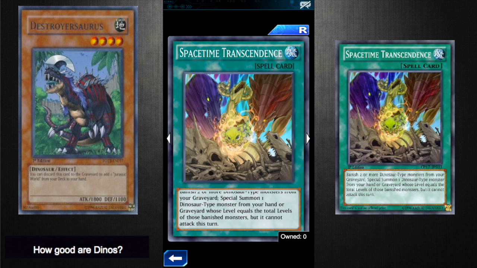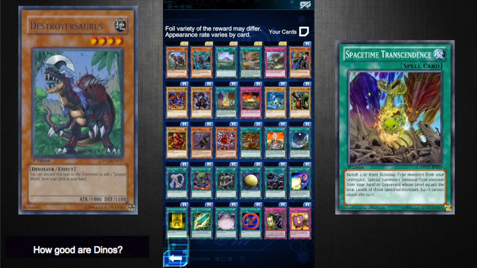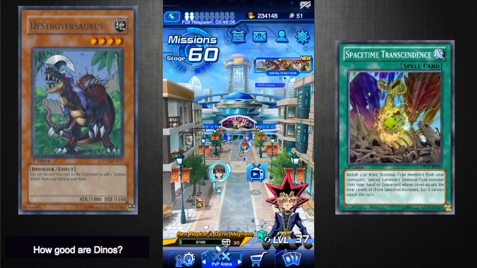The negatives with this card are that you can't special summon from the deck, which I think would make this card supremely good, and probably not a rare, it'd probably be a super rare then. Another thing is that the levels have to be exactly the same, which I think is a little bit of a harshing thing in there, because, as I will show you right now, pretty much the main stars of Dino decks are,